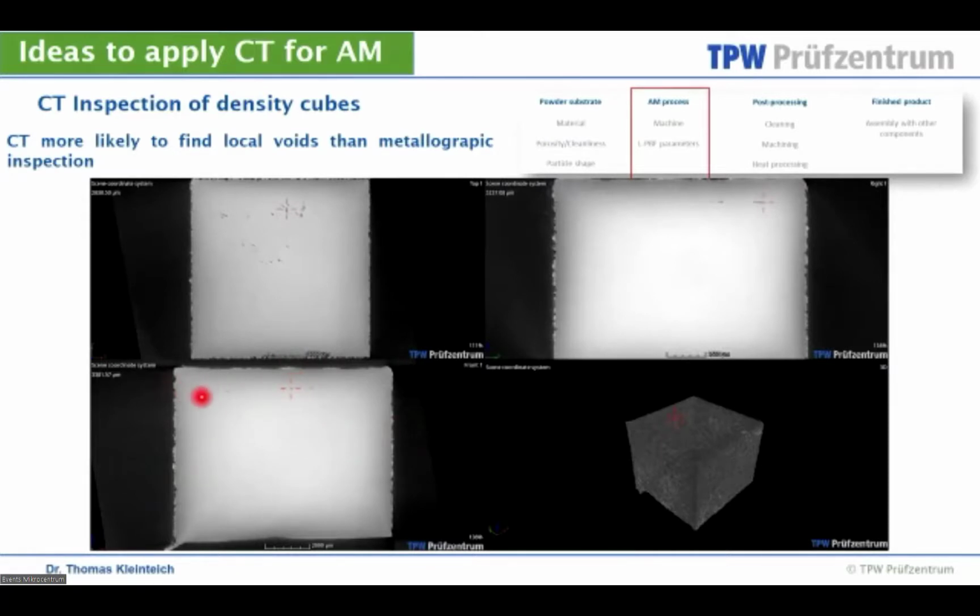But if you really pay attention, there's one particular plane of section. There's just one section in the entire cube where we found such a lack of fusion that makes up a quite substantial part of this section. So that's actually a nice example. If you would do a metallographic inspection of such a cube, you probably would just cut it in half in the center, and you would miss this particular lack of fusion